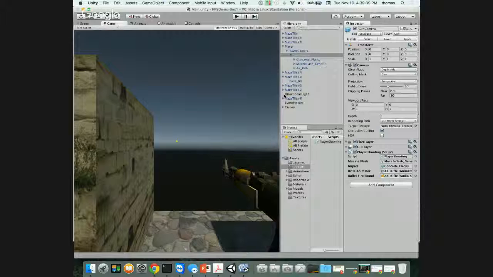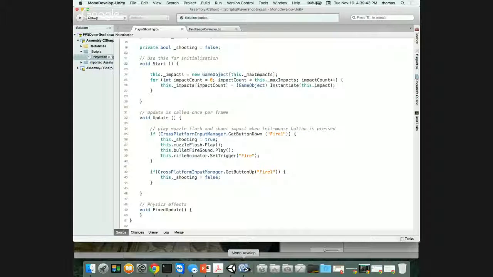That's one. The other thing is that I want to be able to make these impacts work. So that's what we're going to work on tonight. So let's take a look, do that. So the first thing is we want to make sure that the only time we're going to get into